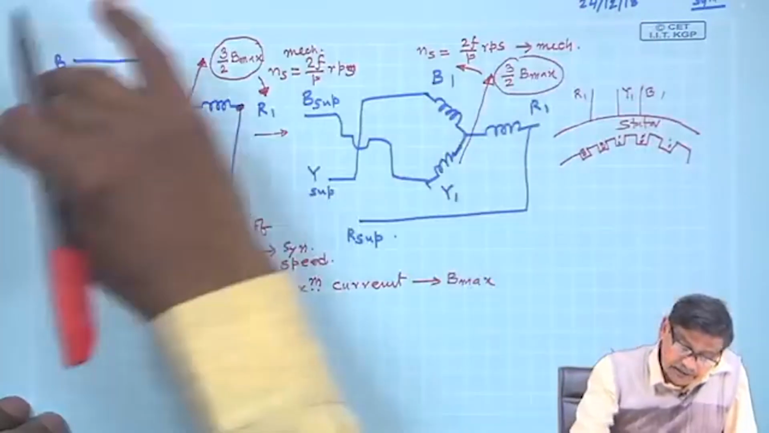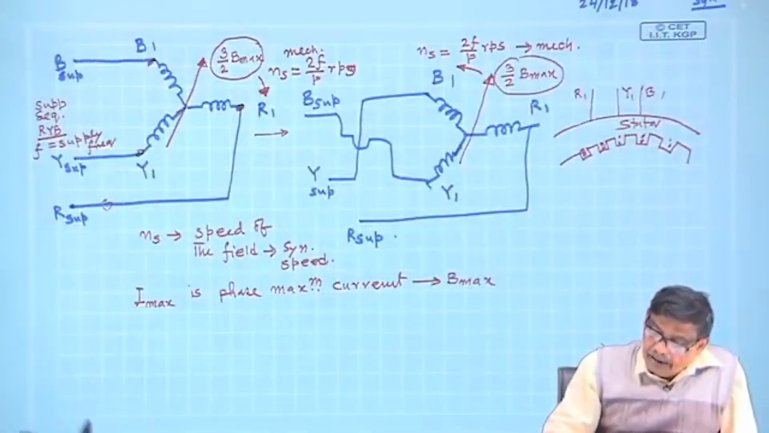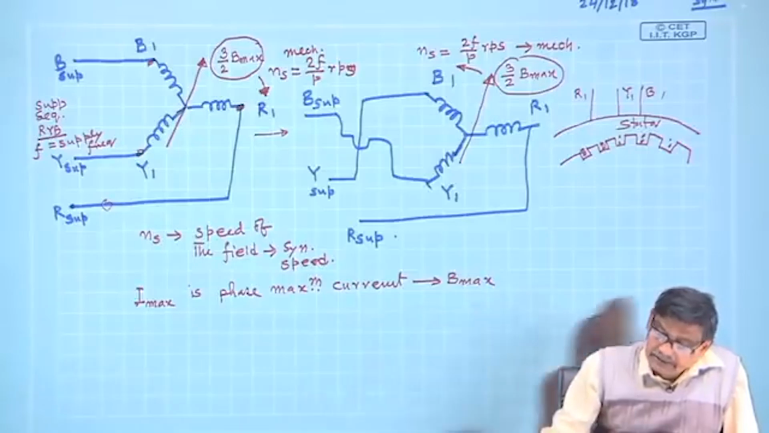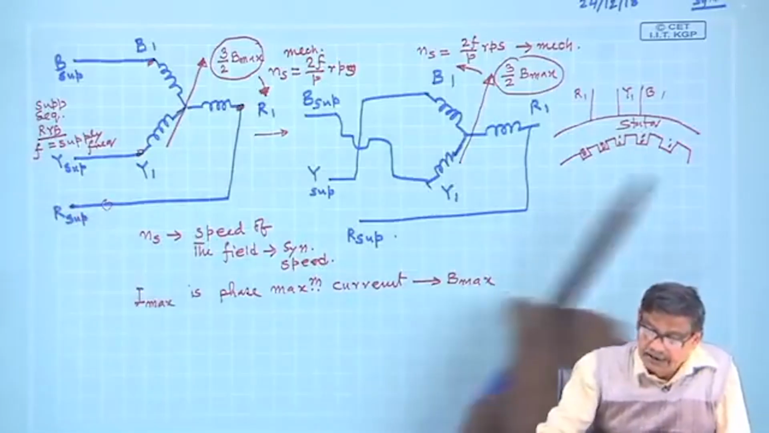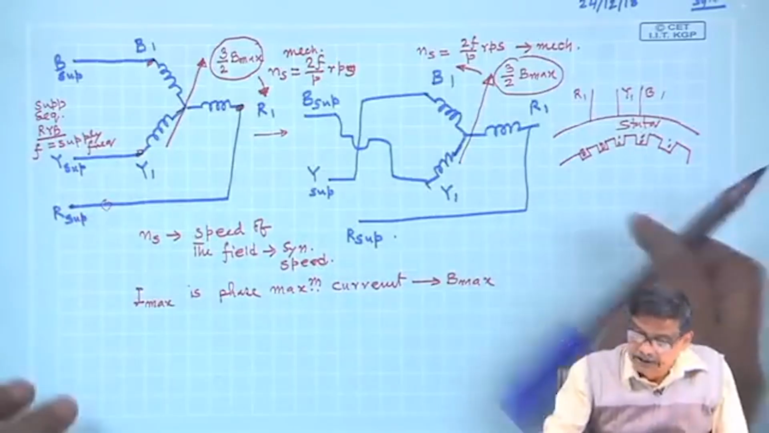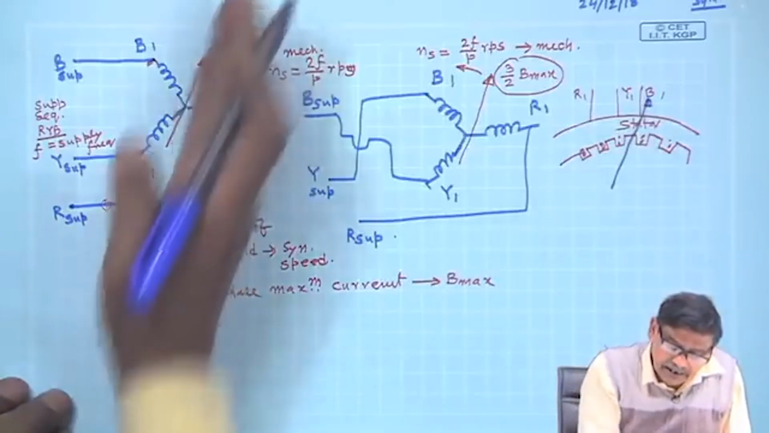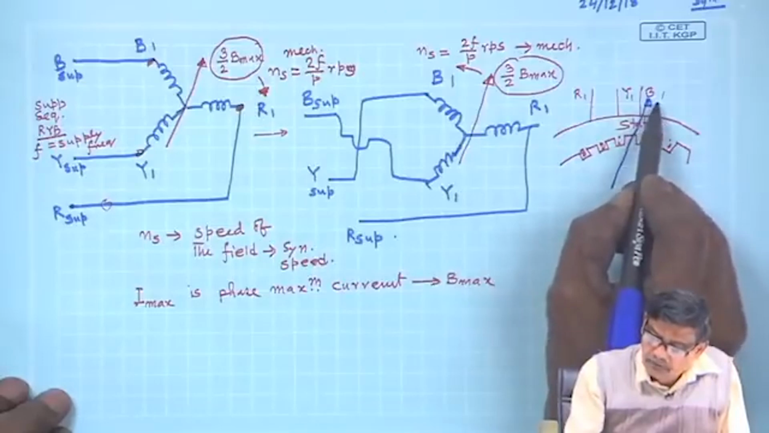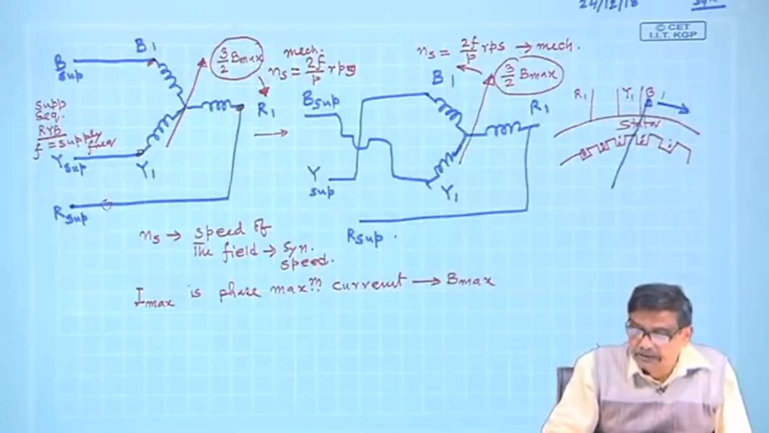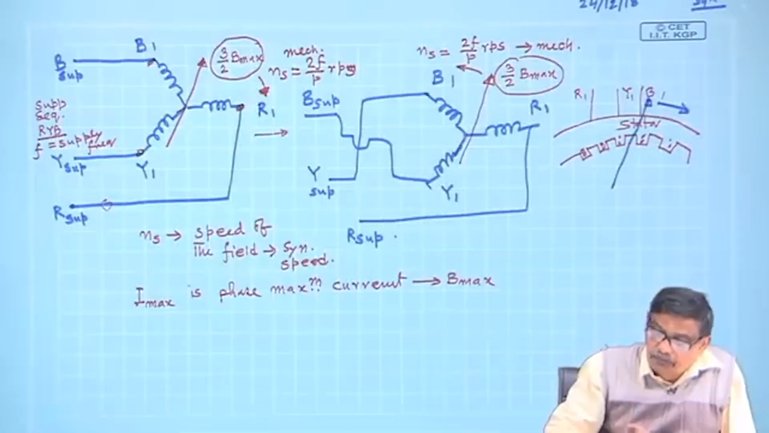This supply was connected here, and the result is a rotating magnetic field, a field pattern, and that is moving. A simple way to show it is by a line moving this way. Suppose the phase sequence is RYB, it is moving like this,